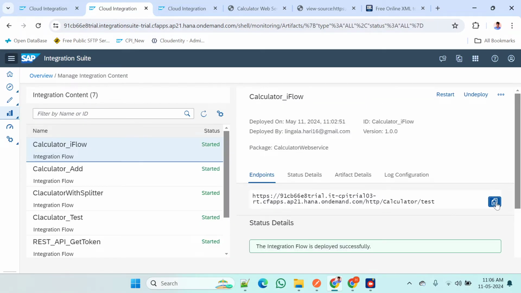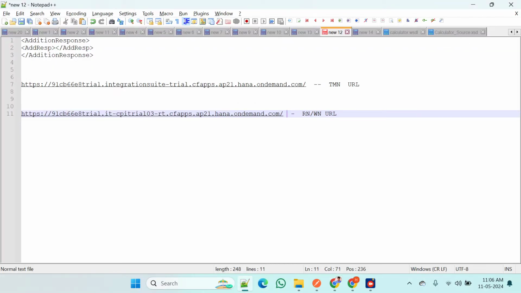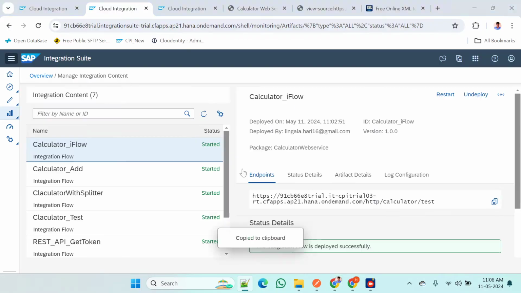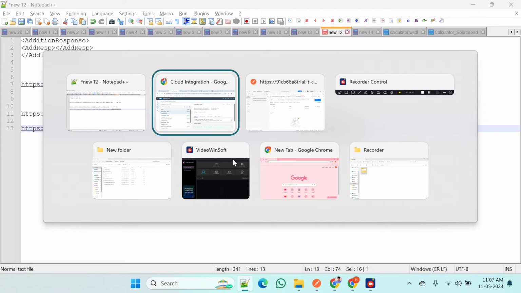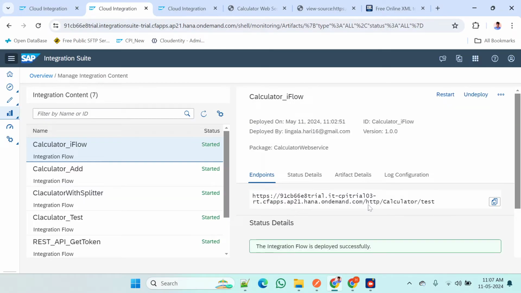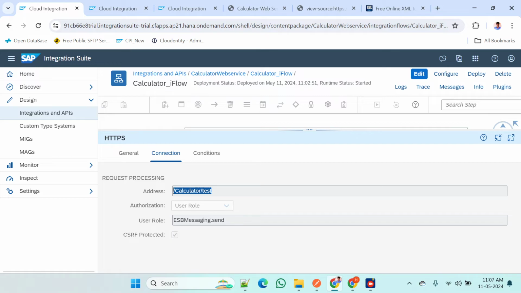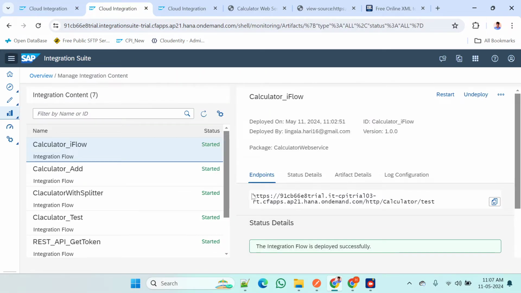I am copying again here. Our CPI automatically prepares the CPI endpoint using this URL. So our CPI appends this calculator test at the end of this URL. Got it? If you go here, at the end we have just entered calculator test. So after deploying, the runtime node appended the complete URL with this calculator test part. Got it? Till here is the runtime node